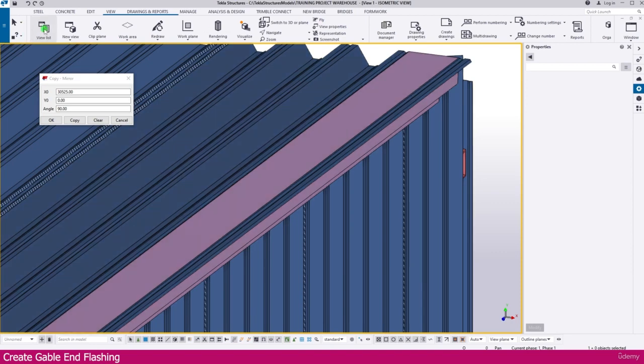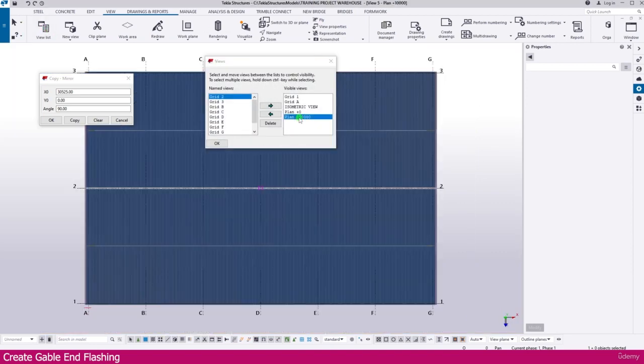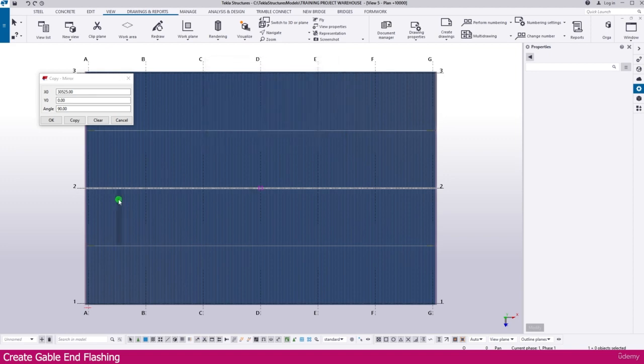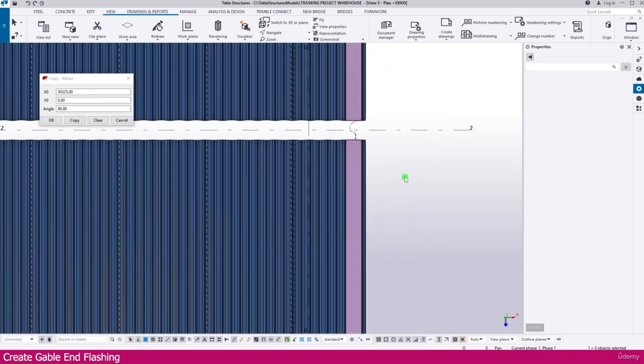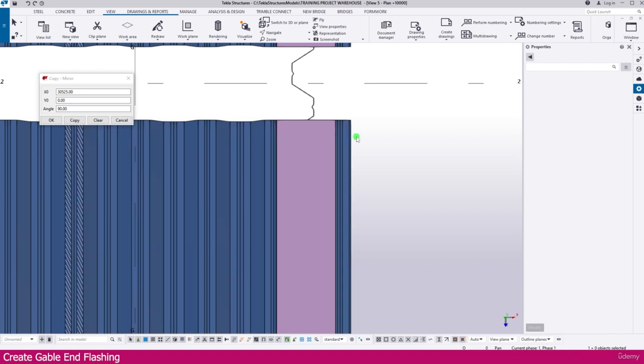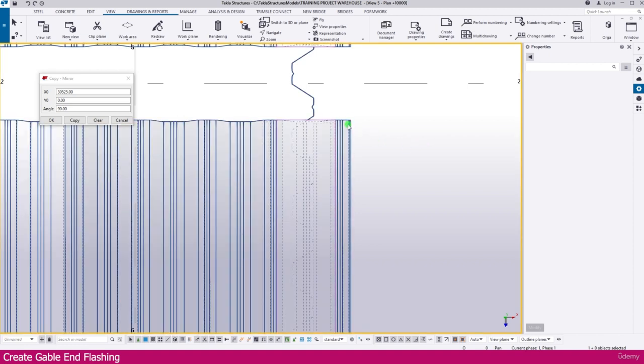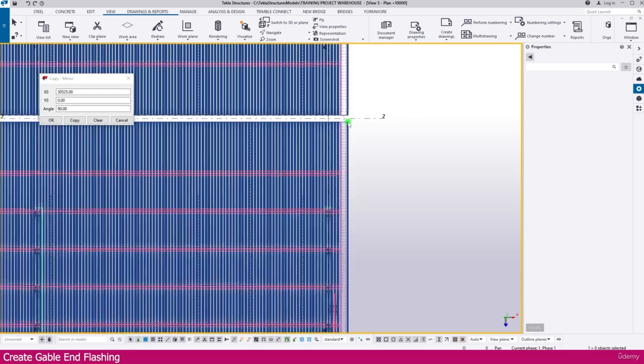So for that, just go to view list, select here plan this elevation. Now you can see here which side the roofing sheet is coming. This side the roofing sheet is coming a little bit outside. Press Ctrl 1, you can see everything. So just go here,